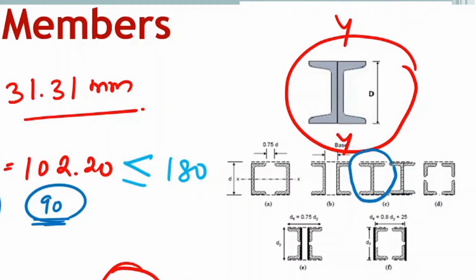So what to do now? Is it worse to go for a built-up section like this? Or instead of a built-up section, can we go for a simple I section that we did in numerical one? That is safe. If you check that video, you could come to that conclusion. Now, if that is so, is a built-up section worse than a single rolled section? No. The way in which we make the built-up section plays a major role in its design compressive strength.